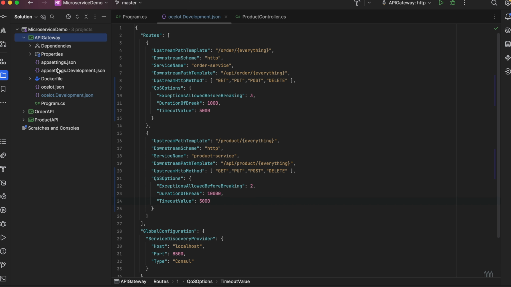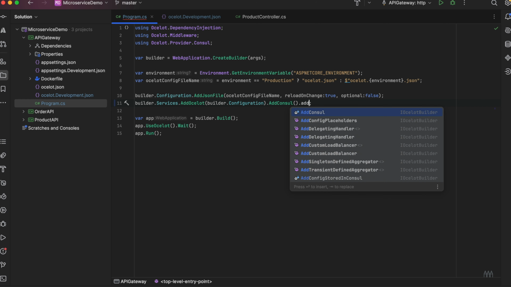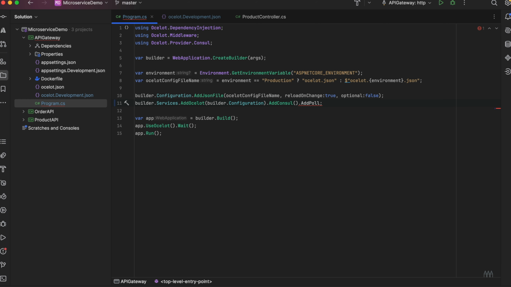One more change that we have to do is in the Program.cs class. We have to add the Polly here. Okay, it's not coming because we have to install the package. So let's go to NuGet.